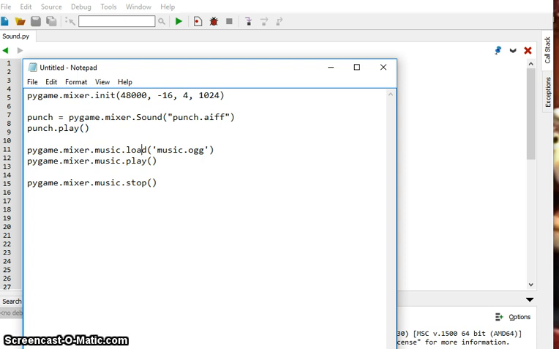Now, in my experience, I tried several different files. The AIFF format seemed to be the most usable to me. It had the clearest sound and didn't give me any problems. The documentation says that the preferred format is the OGG, or the open source audio file. I did get the open source audio file to play, but it had a high-pitched whine in there. In fact, if any of you know why that is, I'd love to have an answer to that. So if you could leave me a comment down below if you know how to fix that,